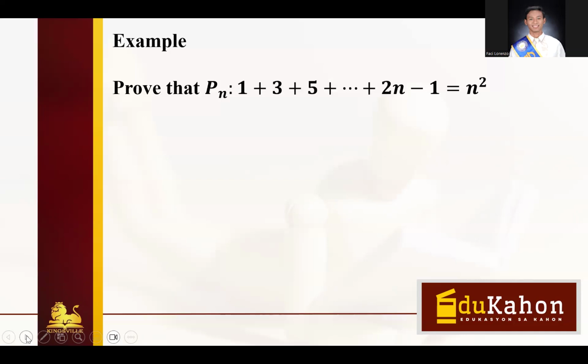Here we have the terms of our sequence, which is the number 1, and we have also here 3, and we have also here number 5. And these are what we call the terms of your sequence. Okay, we also have here 2n minus 1. 2n minus 1 is what we call the rule of the sequence.